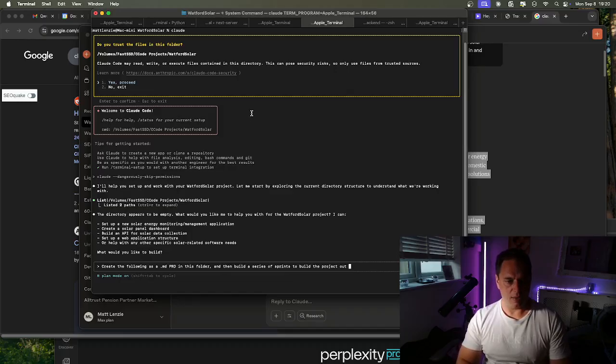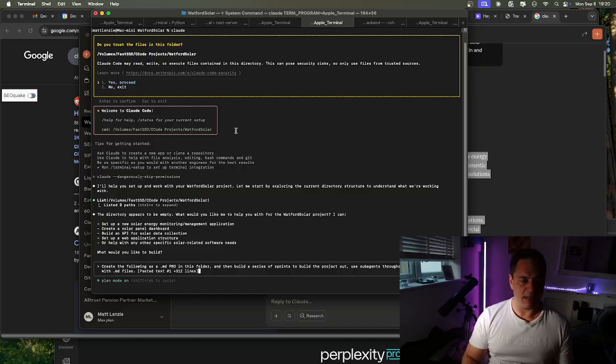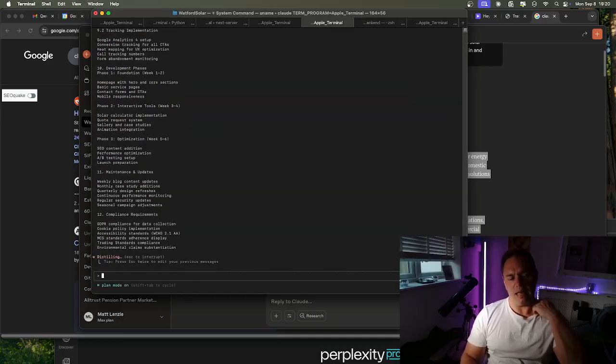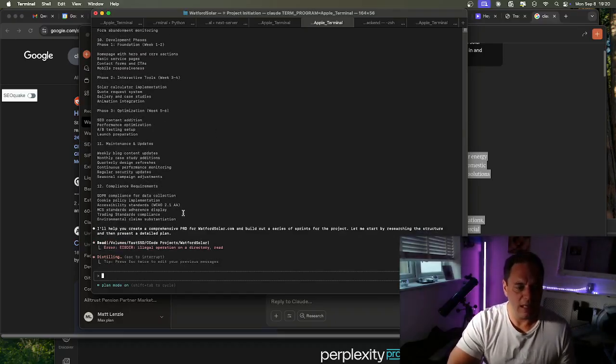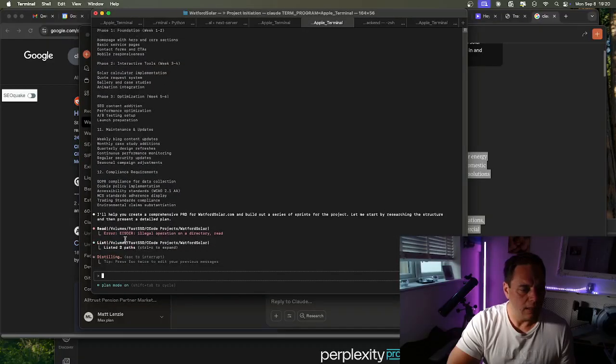Okay, so use subagents throughout and record all tasks with .md files, right? So what we're trying to do is get into the routine of best practice, because if we can get it to consistently record things, then it works quite well in terms of giving us the